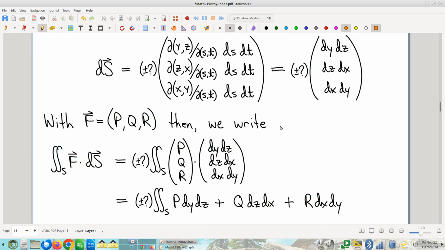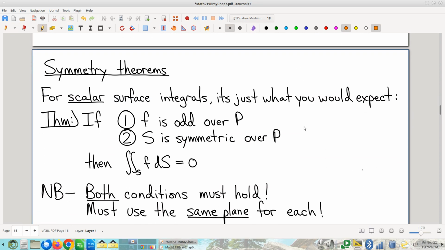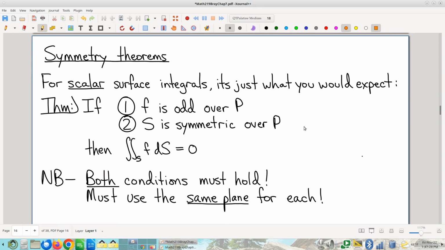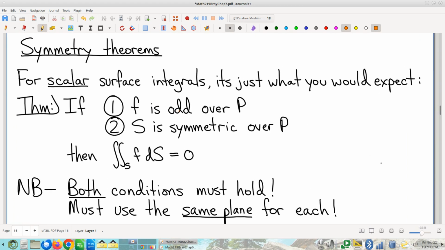Let's see here. More things that need to get said. Symmetry theorems. We talked about symmetry theorems a lot. You can probably anticipate everything that I'm going to say about the scalar surface integral odd symmetry theorem. It's just like all of our other odd symmetry theorems. If you have an odd integrand and a symmetric domain,